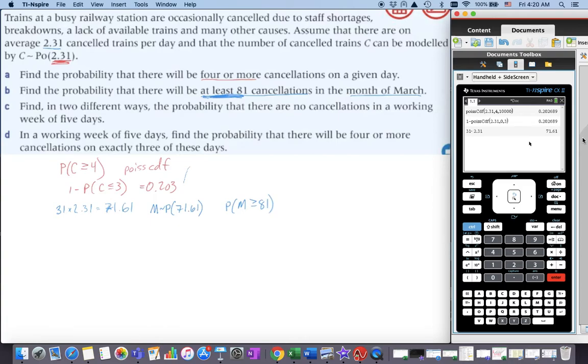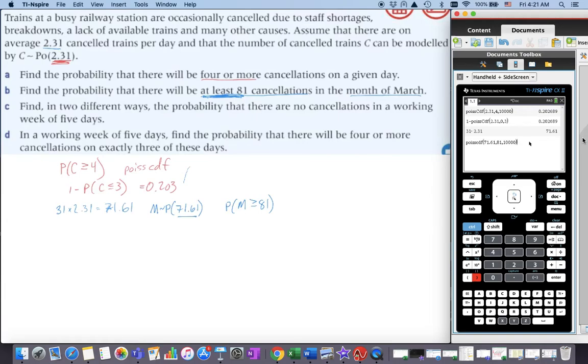And so we should be able to go straight into our calculator. Again, we're going to do a Poisson CDF. I'm going to type that in, and then we will put in our parameter, which is 71.61. And then again, we want 81 or larger. So we'll type in from 81, comma, up to whatever number you want, 10,000.